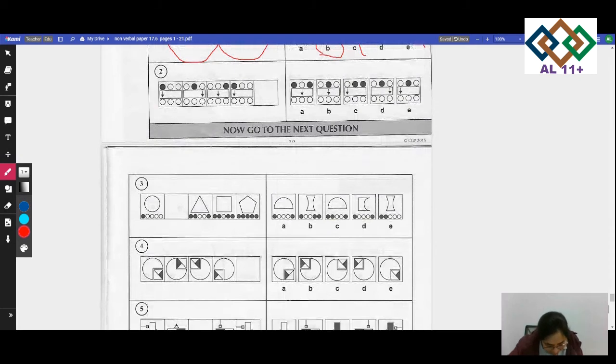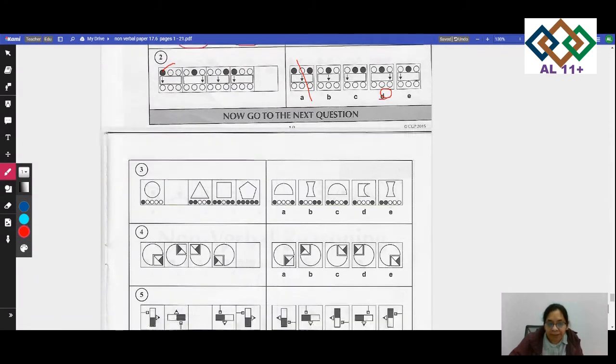So in number 2, what's happening? The shading of the black circle shifts one position to the right with each series. So what do you think it could be? It's D. And this also comes, can you see it? The circle comes here, then it goes here, then here, and you know that the circle would be in the middle. So which one doesn't have a circle in the middle, you can cancel that one first, and then you have to look at the arrows. The arrows are also moving. This arrow comes here, then here, then here, then the next would be here.